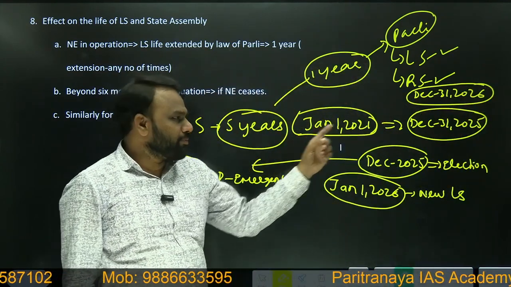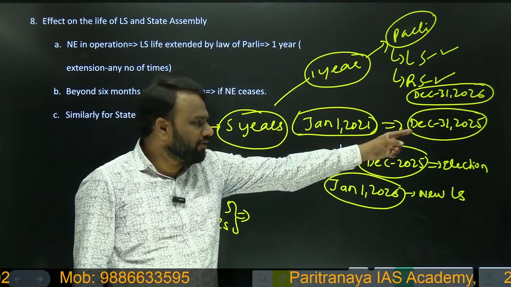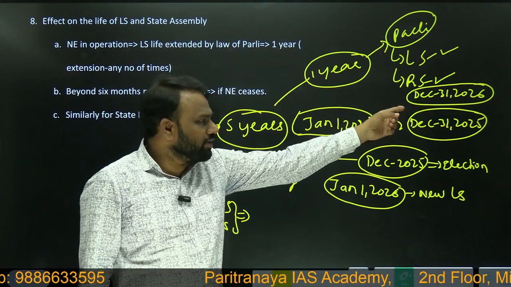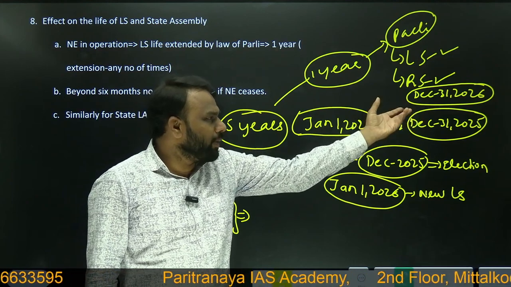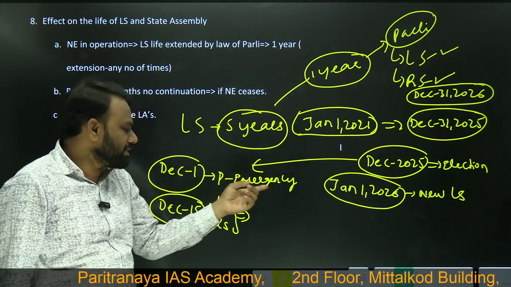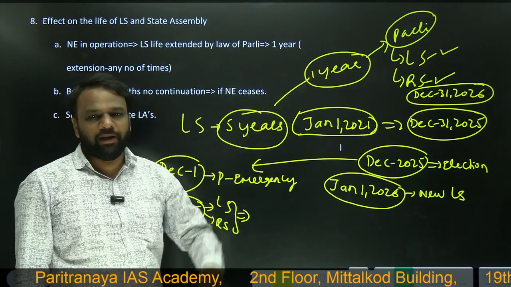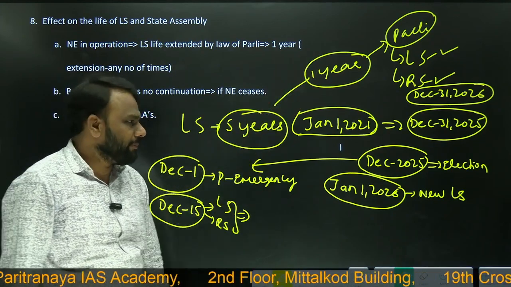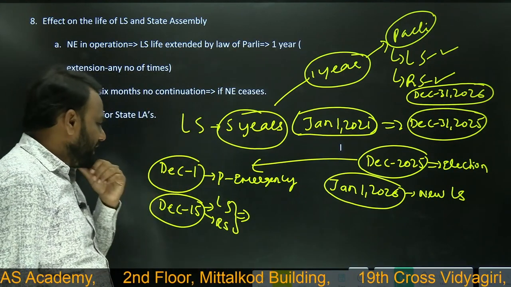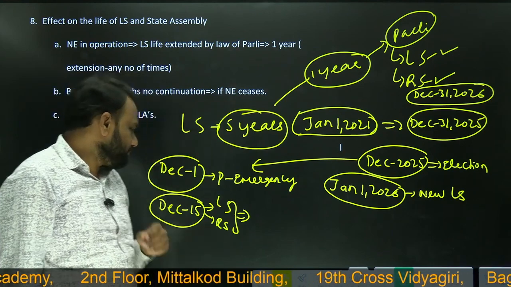The Lok Sabha, which was supposed to end on December 31, 2025, now it will be dissolved on December 31, 2026. Why? Because its life was extended by 1 year. Who extended it? Lok Sabha and Rajya Sabha by passing a bill. Okay, by passing a bill. Now, another important point to remember here is, now let us assume